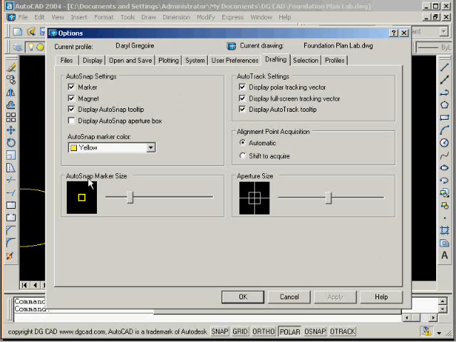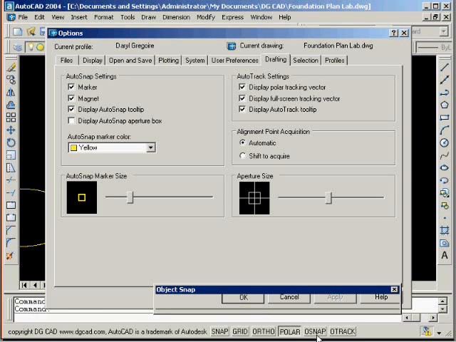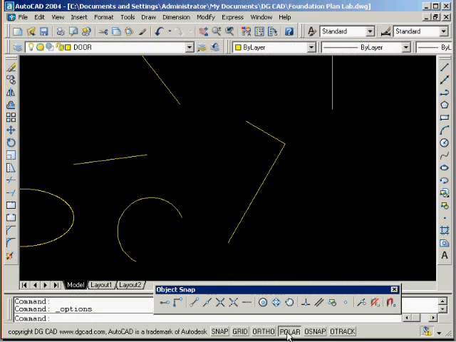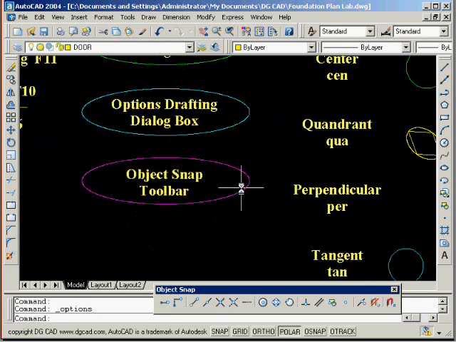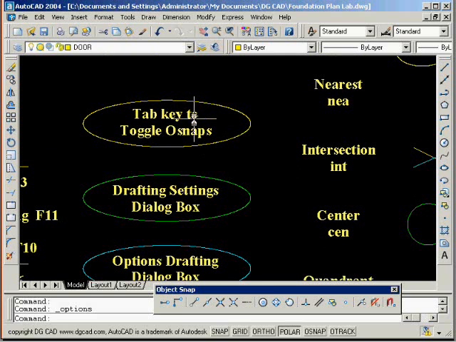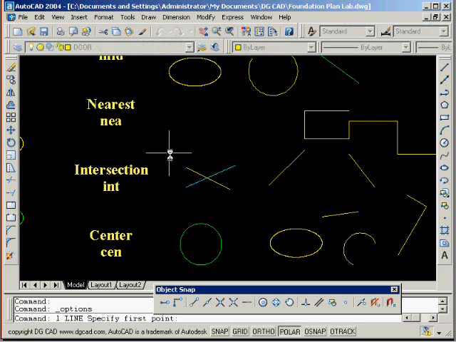So this is more stuff. Again, you can go in and help, and it'll give you information on this particular stuff right here in this dialog box. And that's the difference with this help: it knows where you are, and it'll zoom into that area. So we've got this dialog box, and we've got our dialog box that we can get when we right click in here, and we've got our object snap toolbar, and we've got, again, don't forget about our tab key